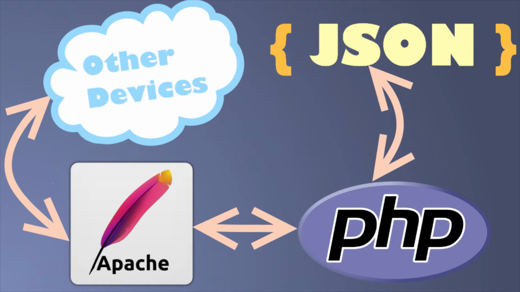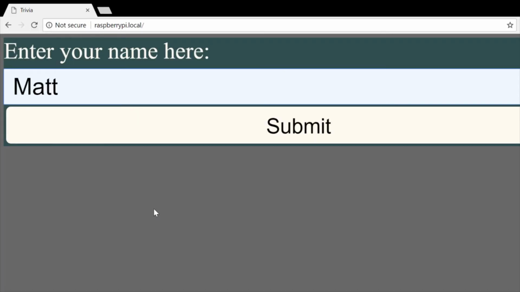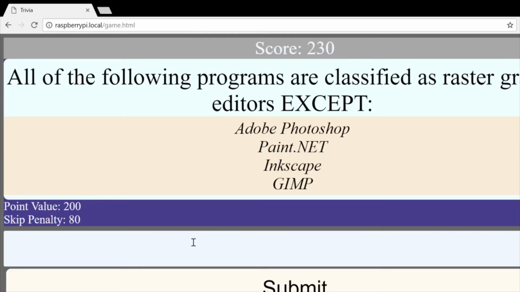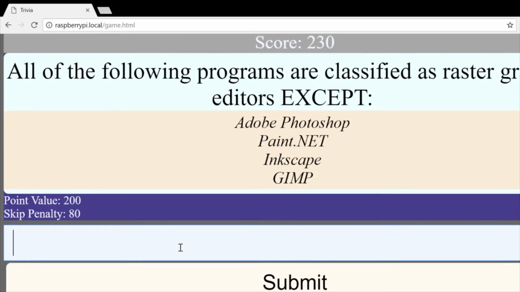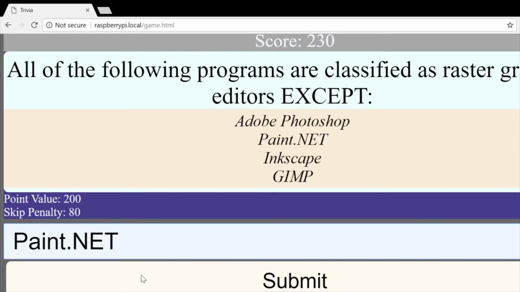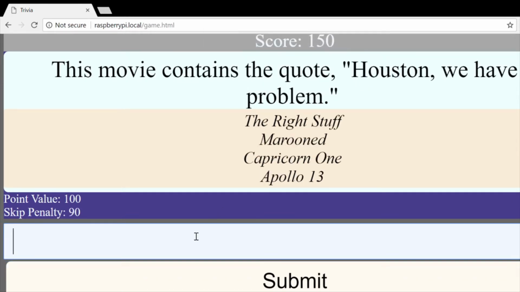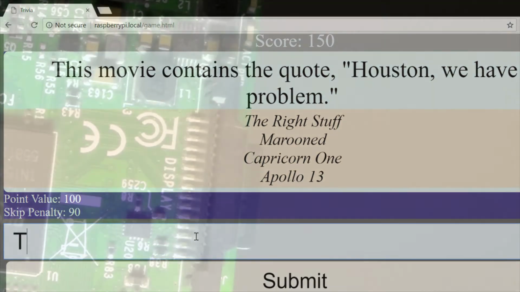Lately, my favorite thing to do with my Raspberry Pi is to set up web-based projects. For example, I've made a trivia app that gets questions from the Open Trivia database and saves scores so you can keep coming back to play more. I think many of you will find fun and interesting things to mess around with in the world of web-based